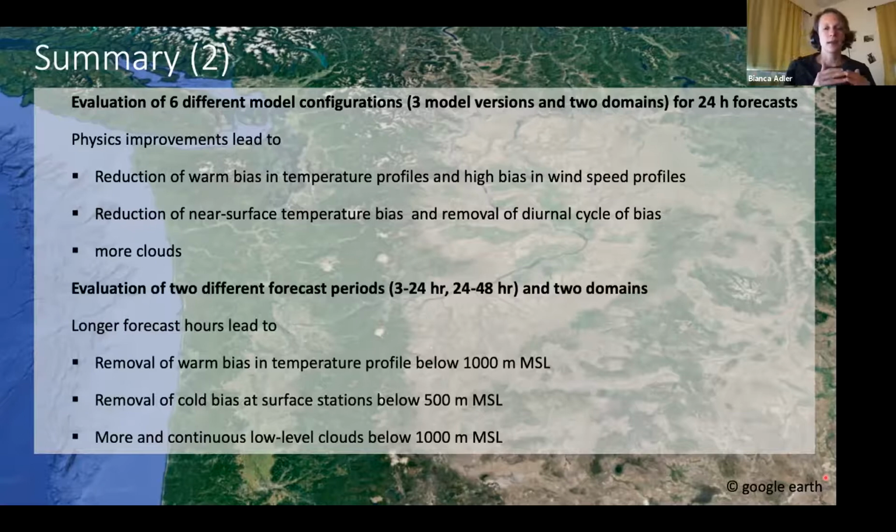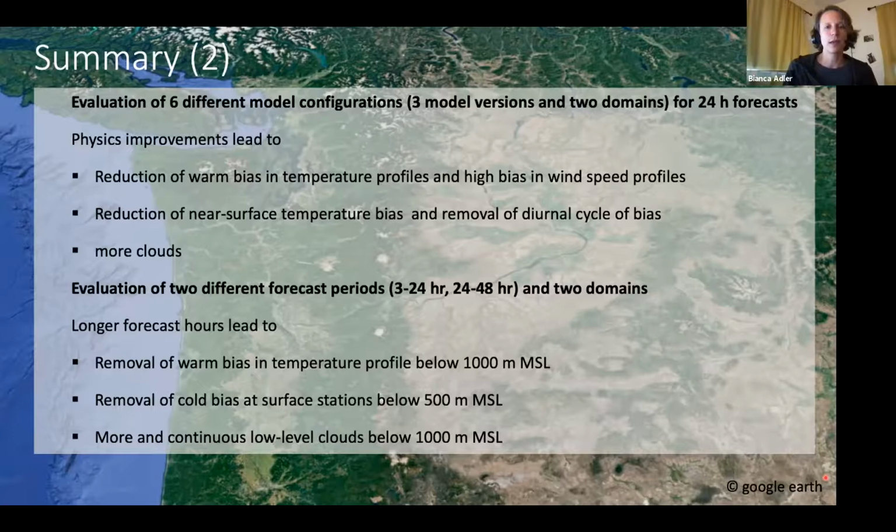In this second step, we compared 2 different forecast periods for 2 domains for the newest model versions. It was a little surprising at first that we found that longer forecast periods actually led to a removal of the warm bias in the temperature profiles in the lower few hundred meters. And this was because the temperature profiles for the second forecast period were closer to the observations, which showed a near isothermal temperature structure. We found that these differences in stratification can be linked to more and continuous clouds during forecast period 2,